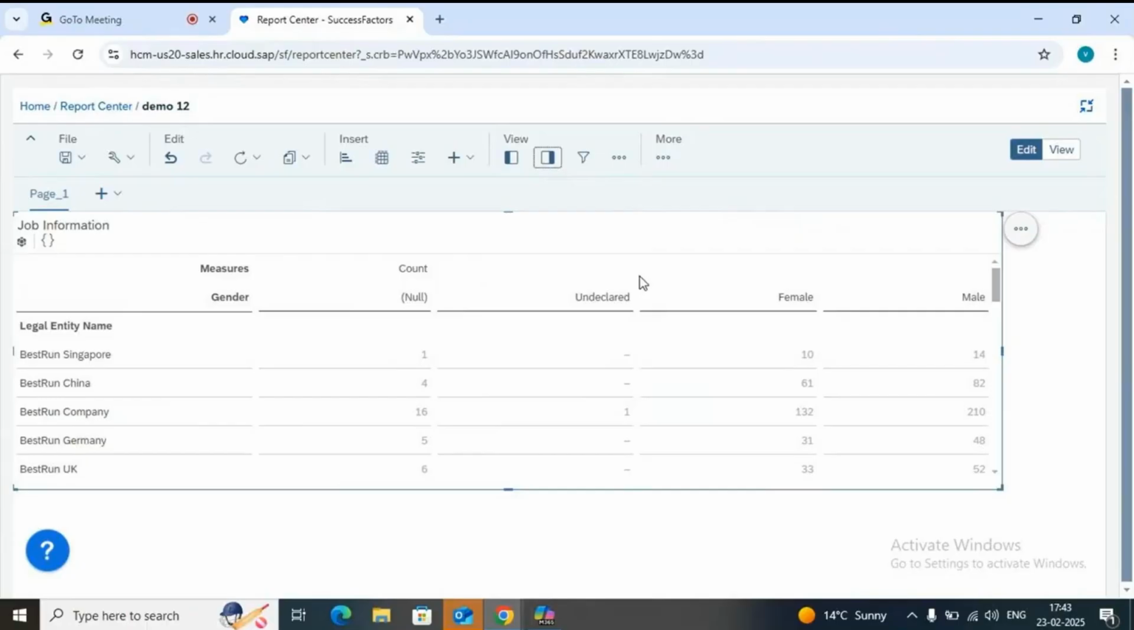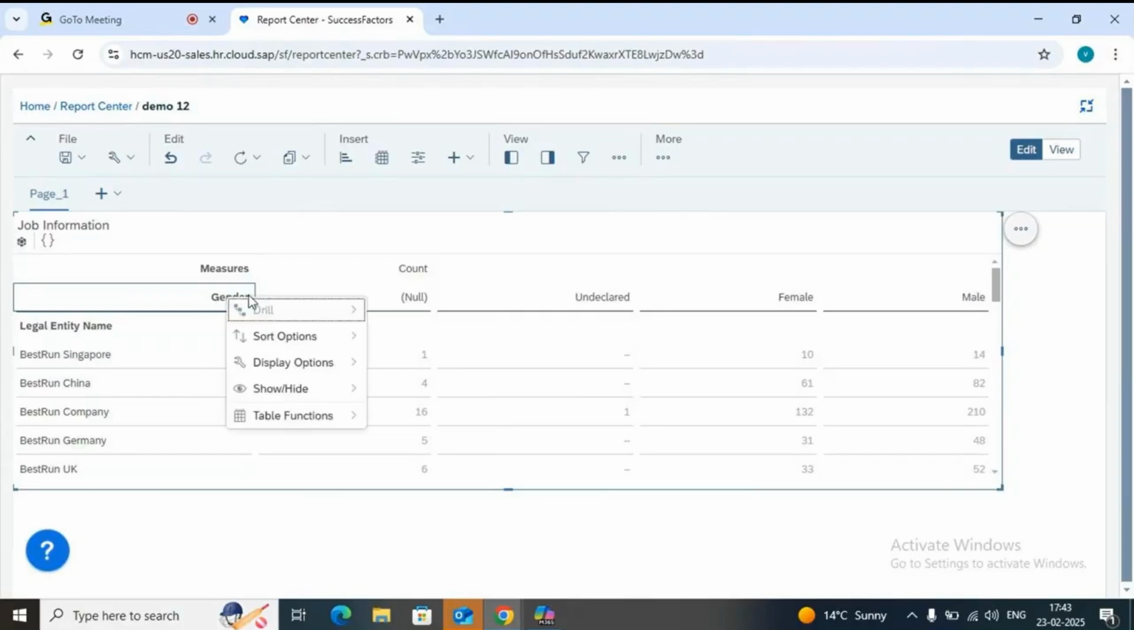For example, you also want a count of this side. You want a count of these null, undeclared, female, male. You also want to have a count of that. So how to achieve that? For doing that, just click on this gender because we want the count of gender. Here we have two dimensions: one is gender, one is legal entity name, and here this is a measure called count. Just right click on this. Now go to the show option, sorry, show height, and now click on totals. Once you click on totals,